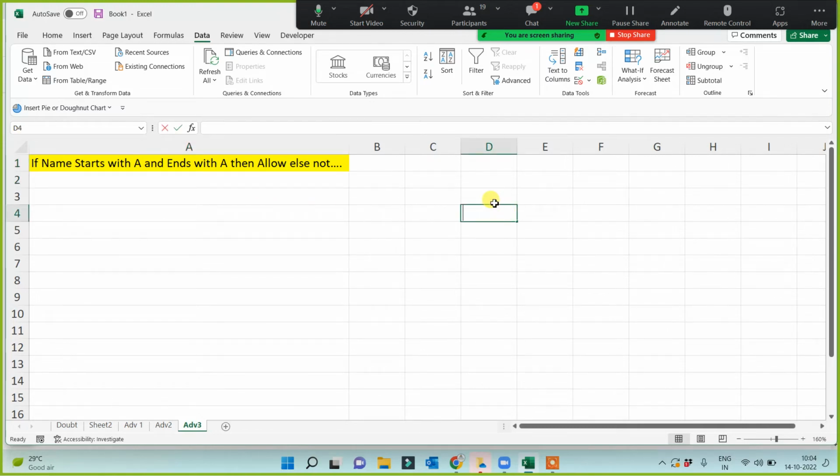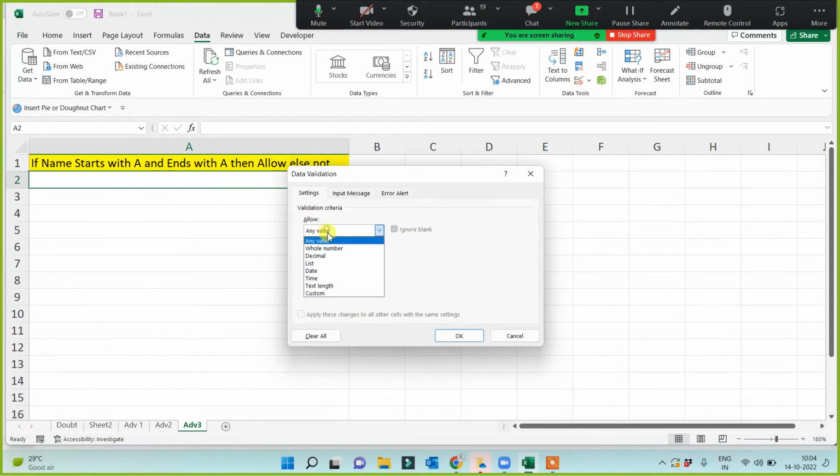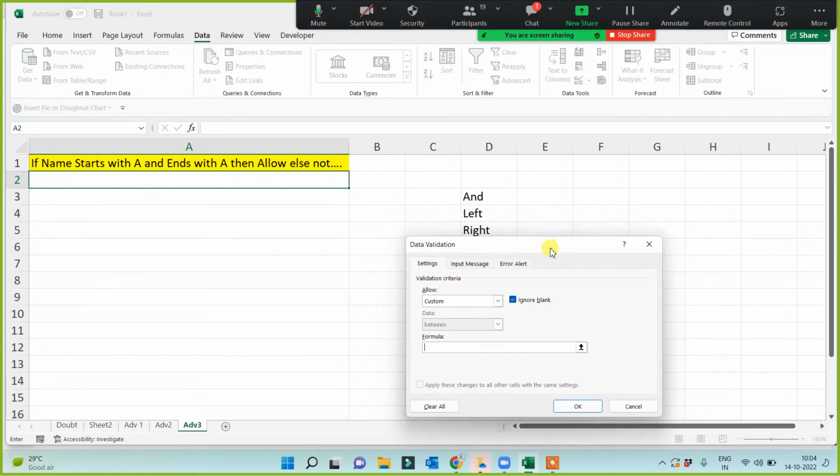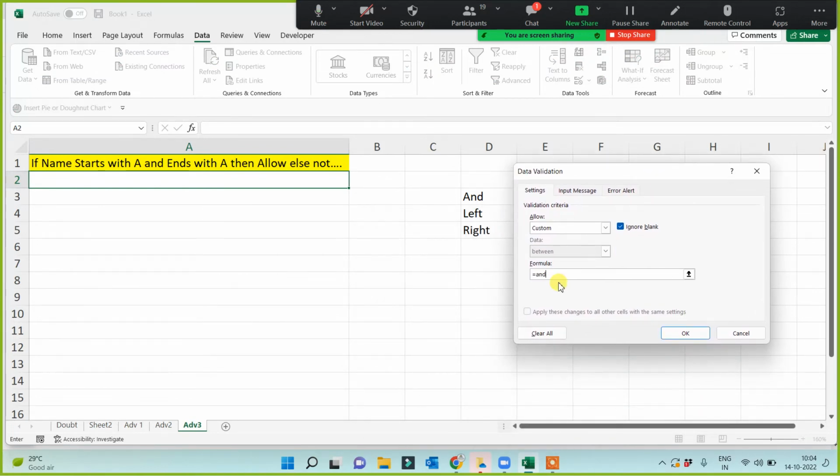So you have two functions here. One is left, another is right, and you can just join them with the AND function. So how can you use this? See carefully. Go to the custom, start with AND. Under AND, you have to use the simple left and right functions. So left of this equals to A, and then comma, right of this equals to